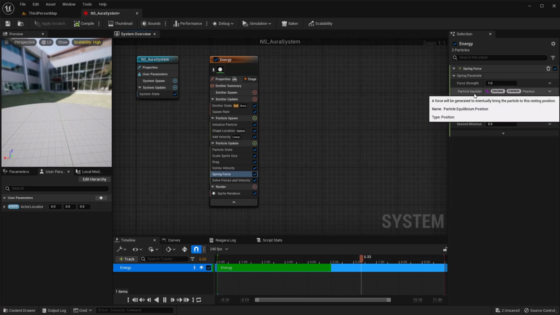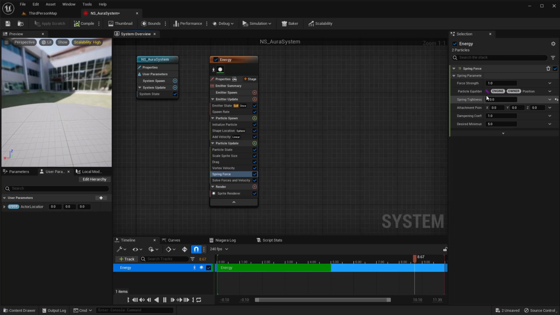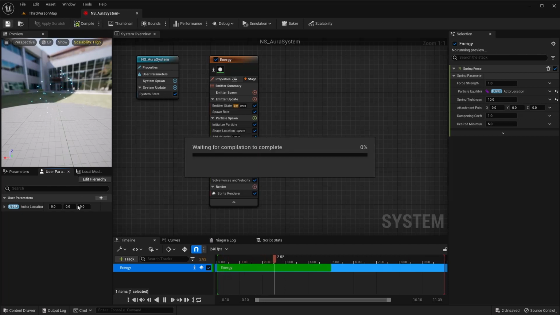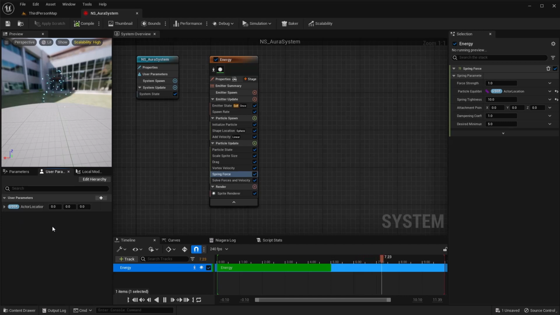For the particle equilibrium, this is where our particles are going to be attracted to, and we want that to be this actor. So click and drag your user actor location over into the particle equilibrium, and we'll set this actor location inside of our actor blueprint once we get to that point.